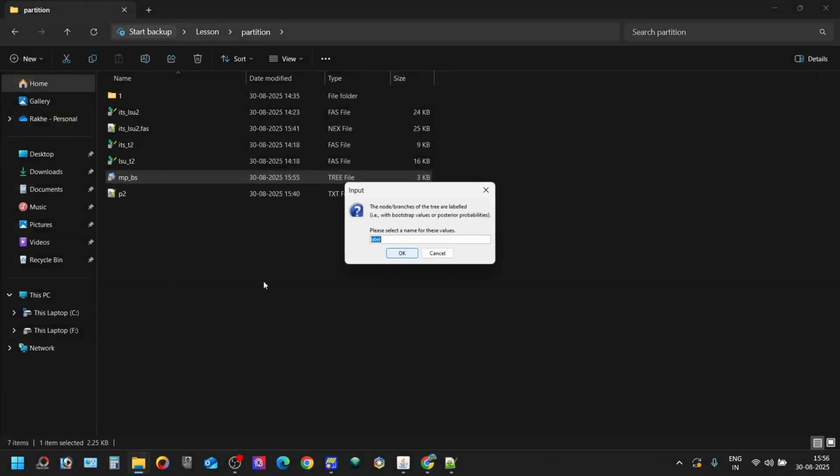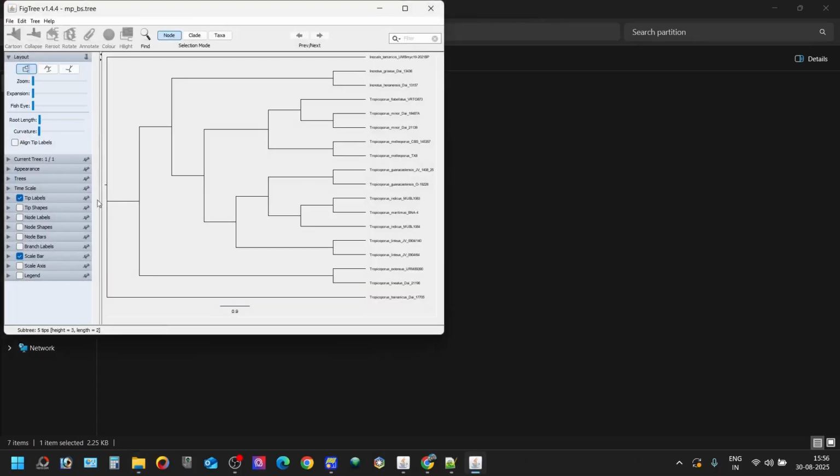This is the bootstrap tree, mpps tree bs. This is the node values,